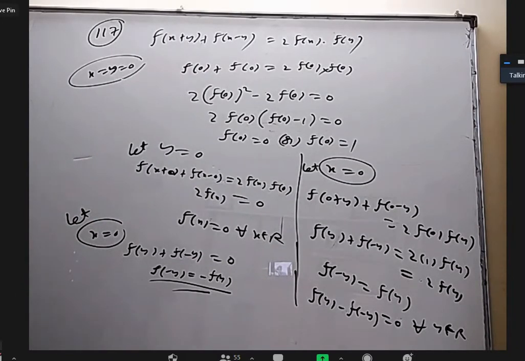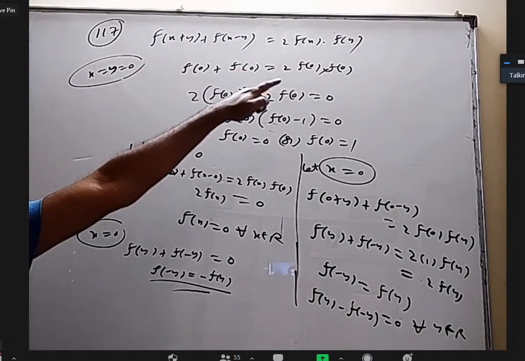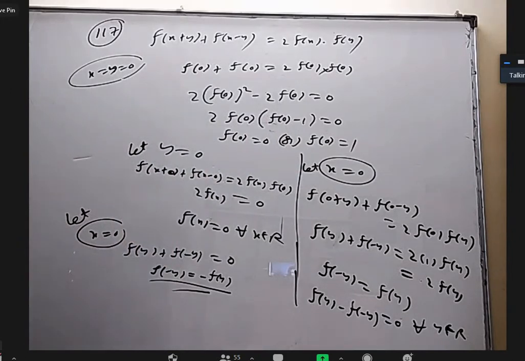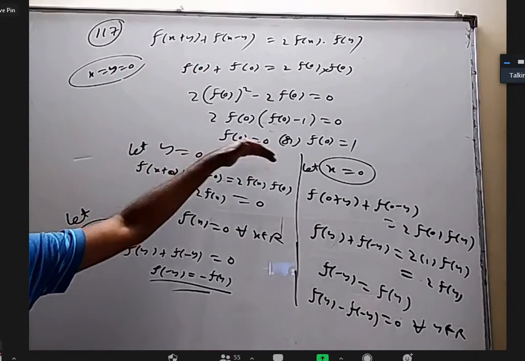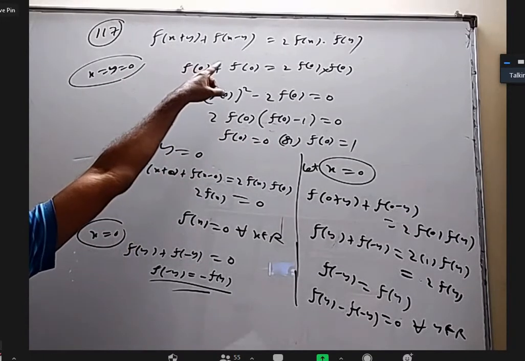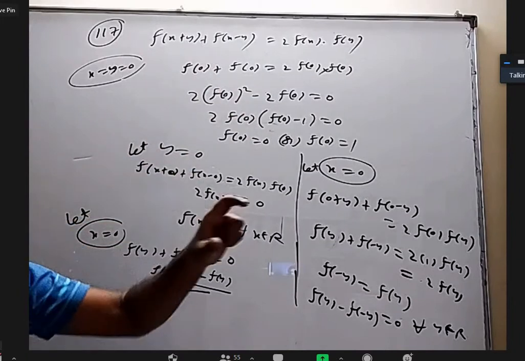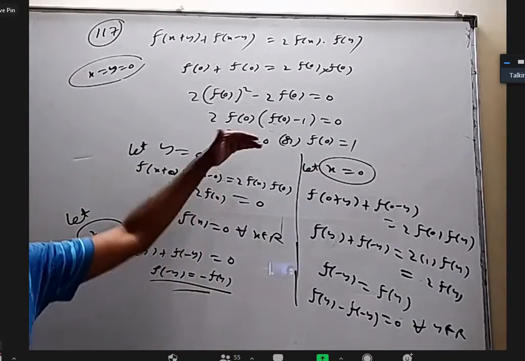Anyone want to guess any function other than cos x, some function satisfying this? Yes, please. Sir, why did we do this? We want to understand some properties of a function satisfying the given equation. The given equation is this. I don't know what the function is. I want to have some understanding of it. So I'm just experimenting. I kept x and y both 0. That helped me to tell that any function satisfying this, let it be whatever it is, f of 0 must be either this or this only. I'm able to get some idea about it, right?